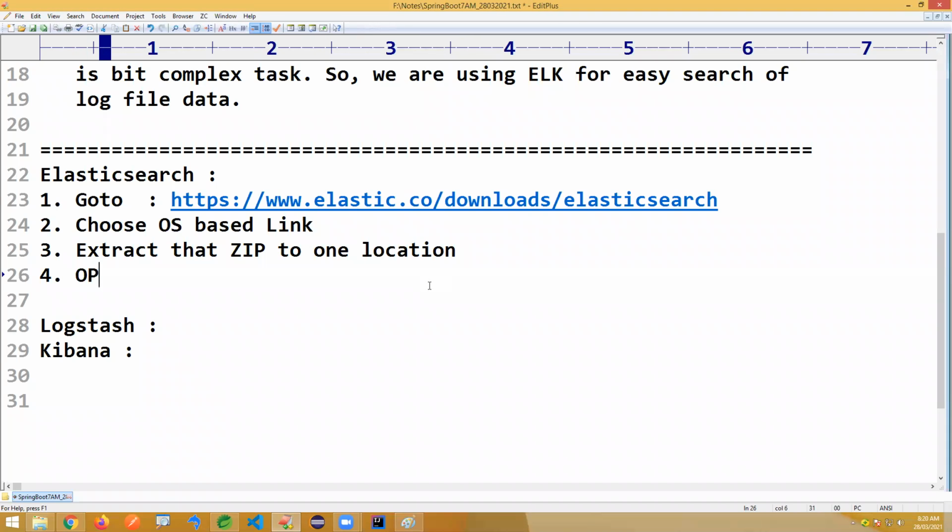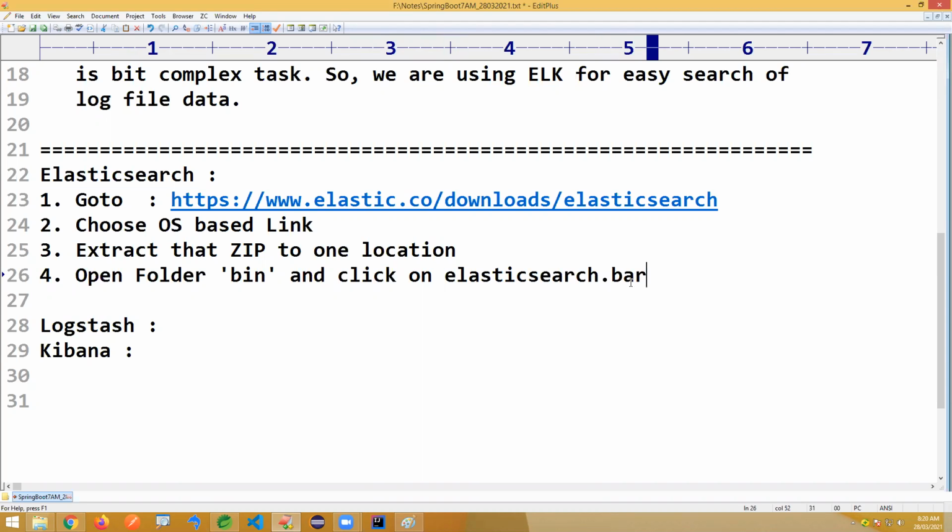Open the bin folder and click on the batch file Elasticsearch. The name is the same, elasticsearch.bat. Just double click on that one and it will start.